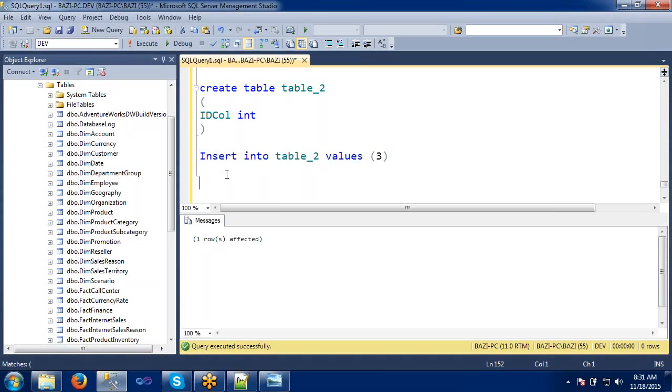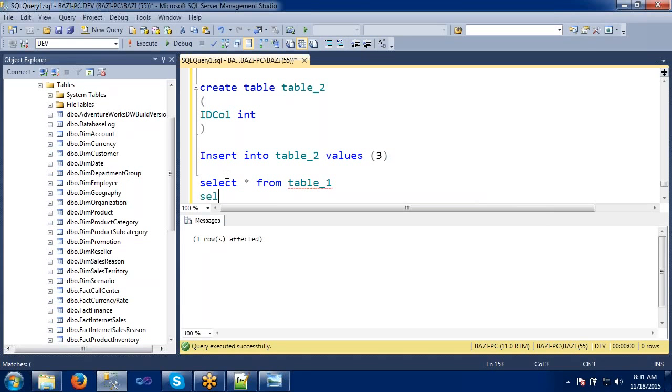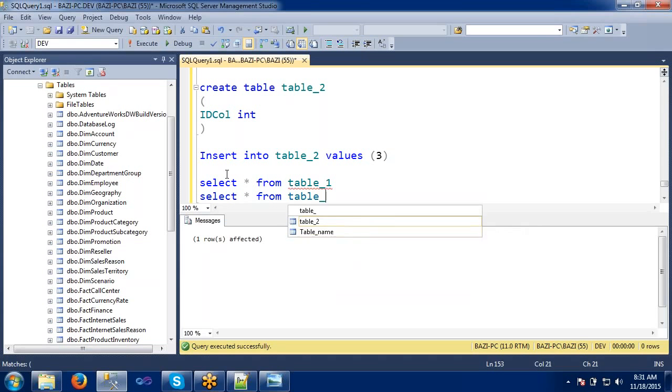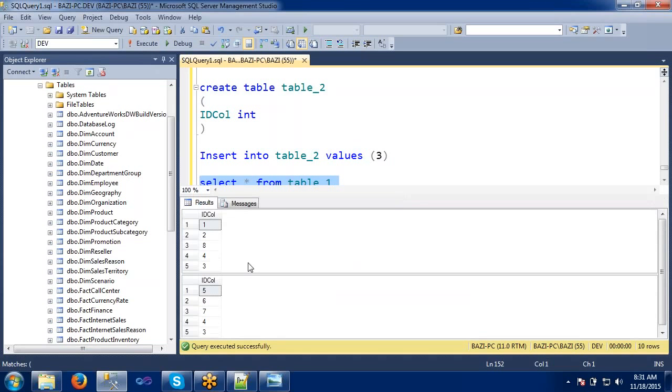Let's see the data. Select star from table 1. Select star from table 2. Let's check the data. So 1, 2, 8, 4, 3.